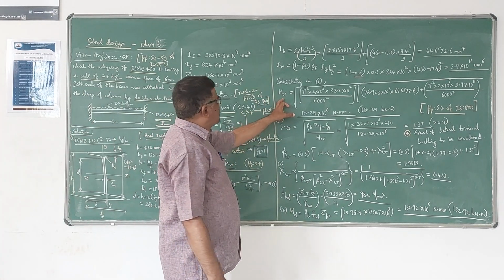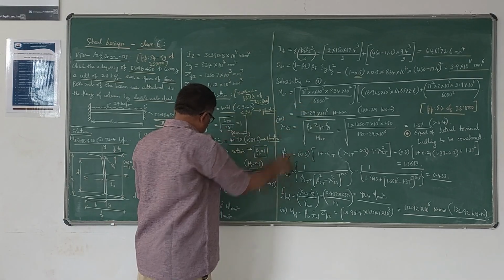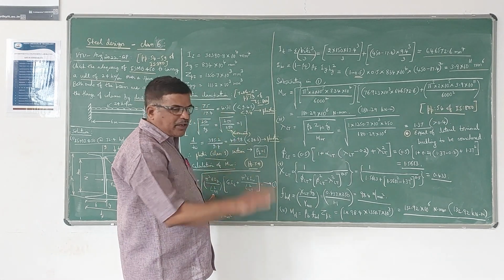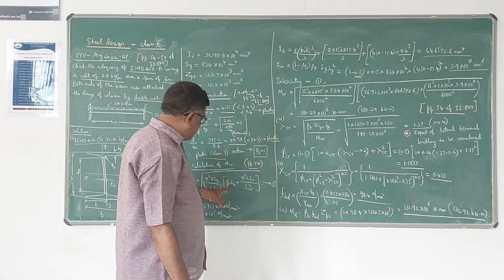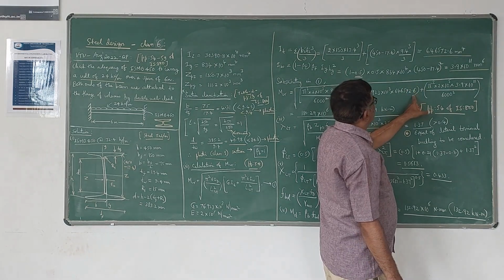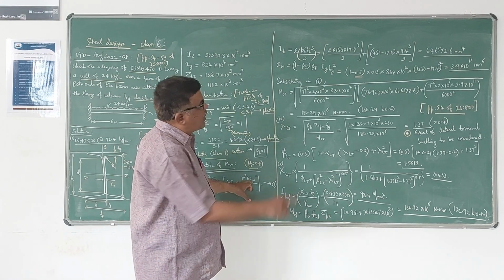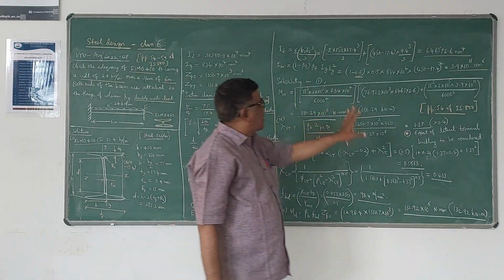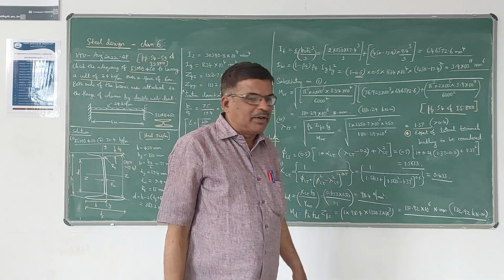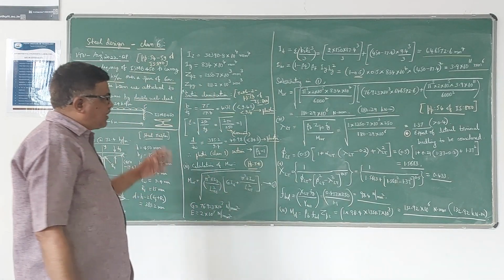You will get the MCR value. So MCR is pi square into E, which is 2 into 10 power 5, into Iy, 834 into 10 power 4, divided by L square, means 6000 square, 6 meters means 6000 mm. Everything should be in Newton millimeters. Then into G, 76.923 into 10 power 3, into It, we got 646572.6, plus pi square into E, once again 2 into 10 power 5, into Iw, 3.9 into 10 power 11, divided by 6000 square. If you simplify this entire thing, you are going to get 180.29 into 10 power 6 Newton millimeter, which I can write as 180.29 kilonewton meter. So that is the value of the